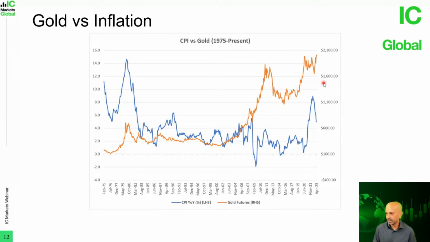So this is just to give you some background information that throughout history, or at least since 1976, gold has functioned as a good hedge against inflation, but it's not always been the case. There have been instances where gold will not function as a good hedge against inflation. So I just want to give you guys a quick background on that.